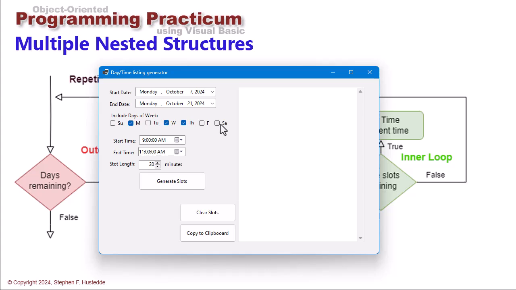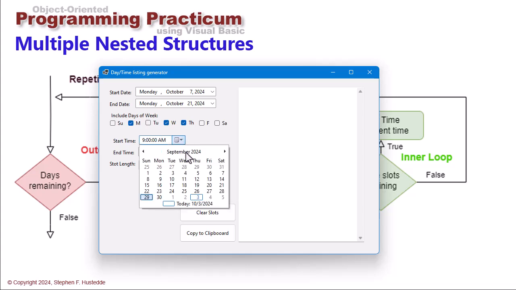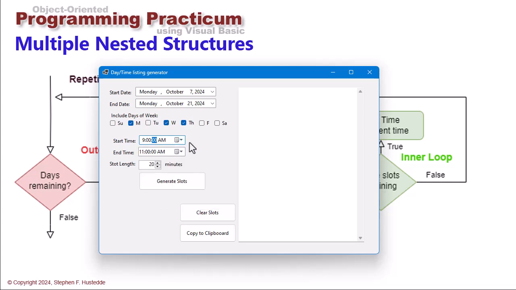The days of the week that would be available are Mondays, Wednesdays, and Thursdays. You can use the check boxes to change those. Time slots starting at 9 a.m. to 11 a.m., and again using a calendar date time picker, we can modify the times. And then I used a numeric up down for the length of each slot, which goes from 0 to 90 minutes. And so default 20. I'm going to click the Generate Slots button,